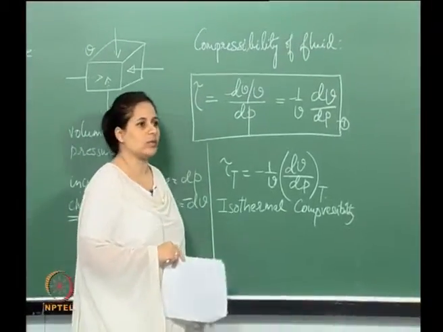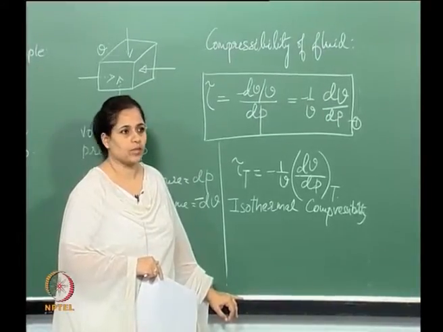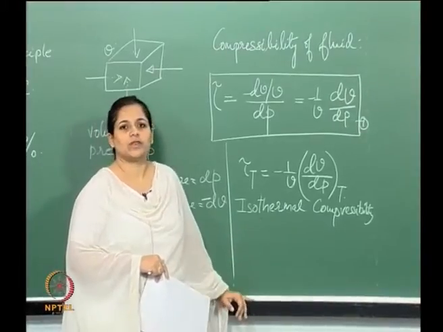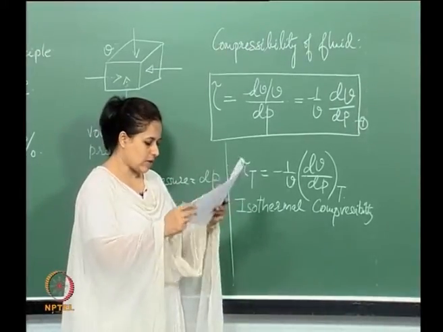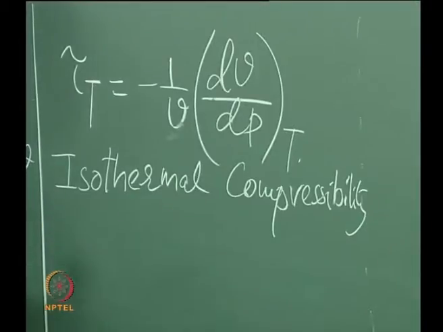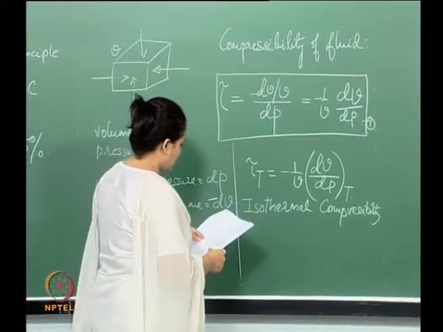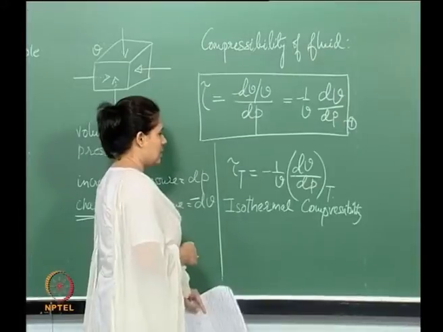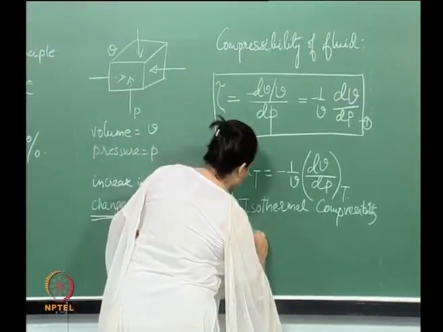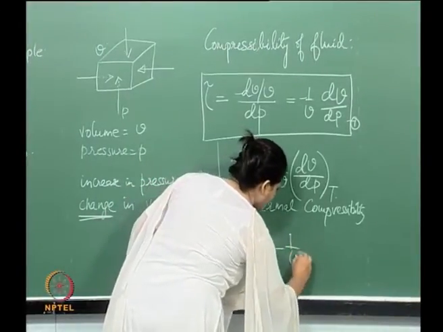Now, what if I do not keep the temperature constant? There is no heat transfer happening. There are no other dissipative forms, but there is no heat transfer happening. Then what happens? Do we have a condition for that, or what do we do? Now, we will define something else. Okay. Now, we will define an isentropic compressibility, and I will write that as